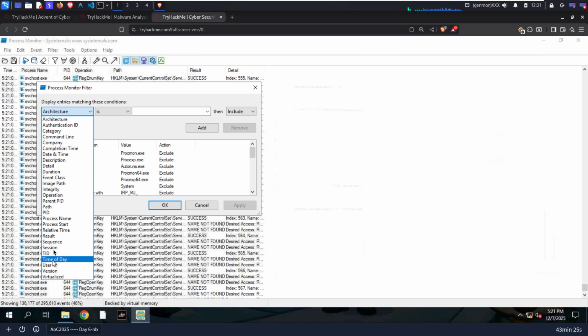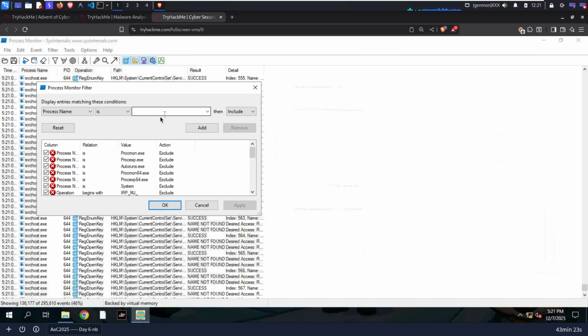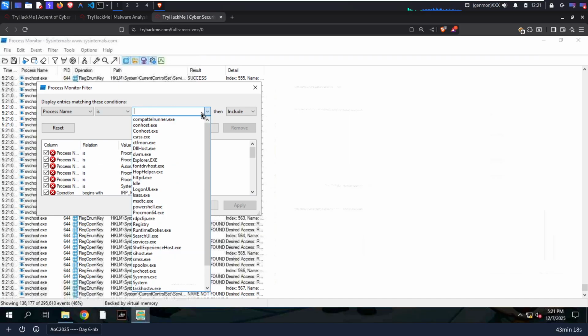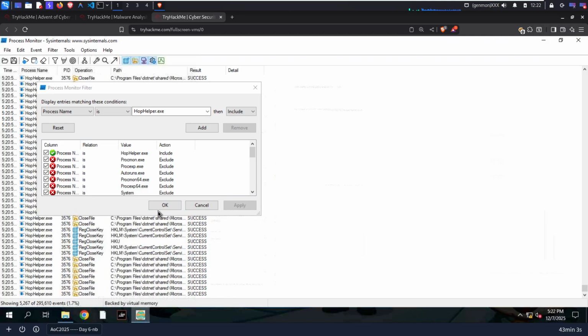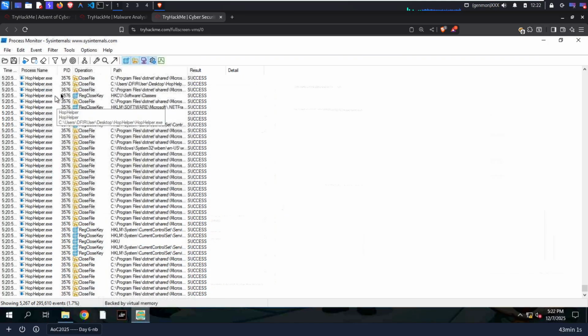Let's select process name is, and here we will select hophelper.exe. And once you click apply, we see all the things that hophelper.exe was doing in the background while we clicked on the hophelper.exe. Here we see it has some closed files, it has some